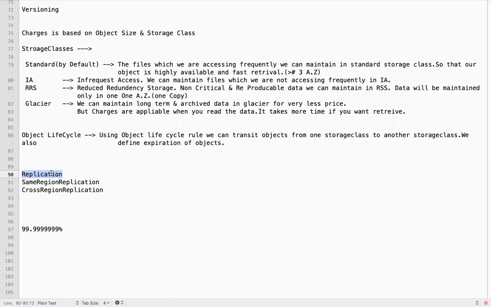What is replication in S3? Can I replicate an S3 bucket in a different region? Can I replicate an S3 bucket in a different account? So same region replication, cross region replication, we can do in the same account or a different account.